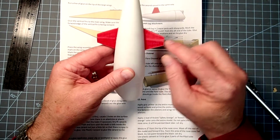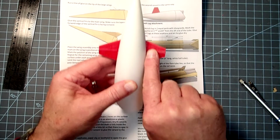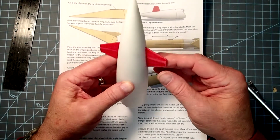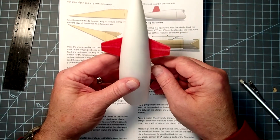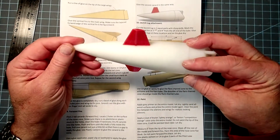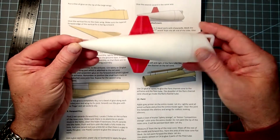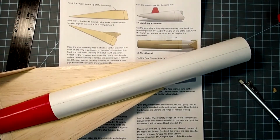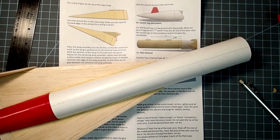In which case you could also cut off the pegs on these things and mount them freely like you would any other fin. You're going to want to be really careful about getting things aligned that way, though. Okay, so there are some options there. For now, since I didn't even notice this till after everything was glued together, I'm just going to continue with the build as is. Now that the fin fillets have dried, or at least mostly dried,